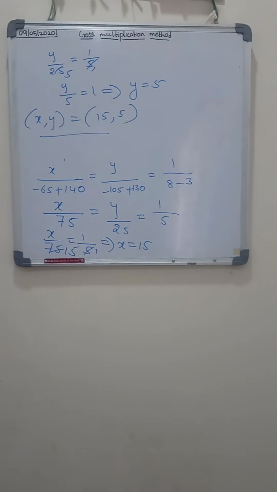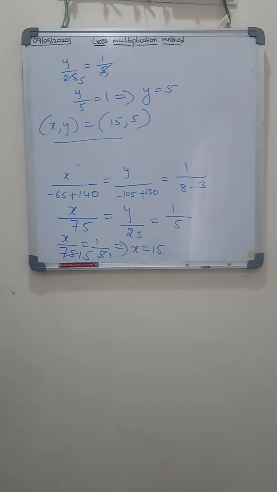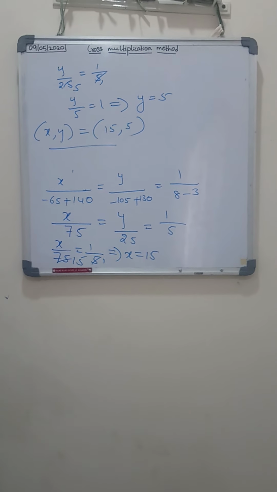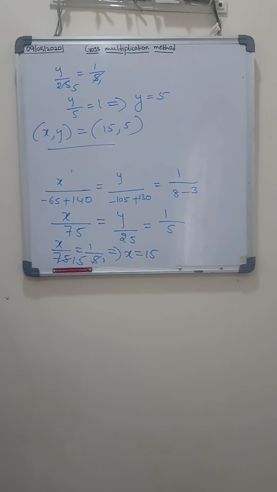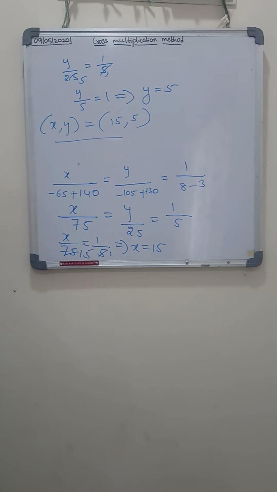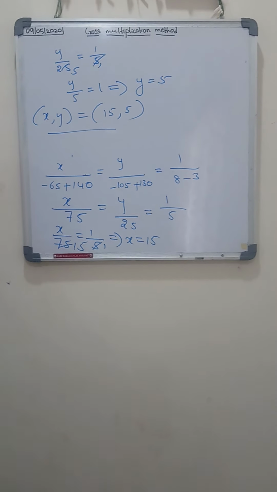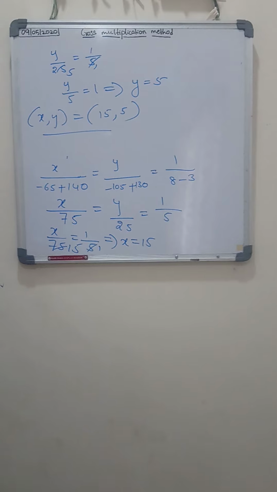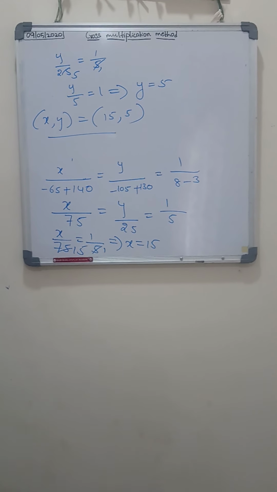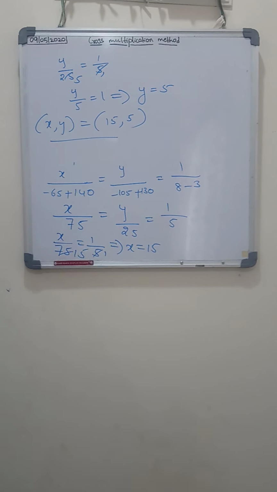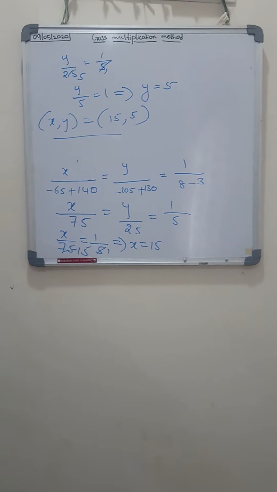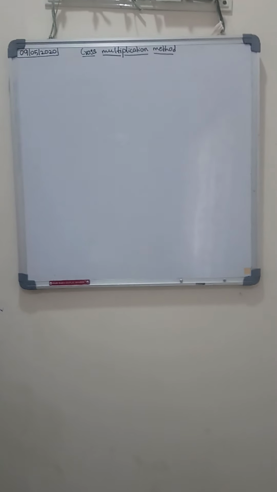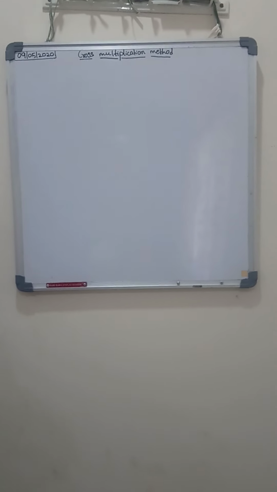This is the solution of the pair of given linear equations. What is the equation given here? 2x plus y minus 35 equal to 0, 3x plus 4y minus 65 equal to 0, children. So in that way you have to use the cross multiplication method of solving. Or else, since we got the values for x and y, you can use that and even solve it like that also. Let's consider one more example, children.